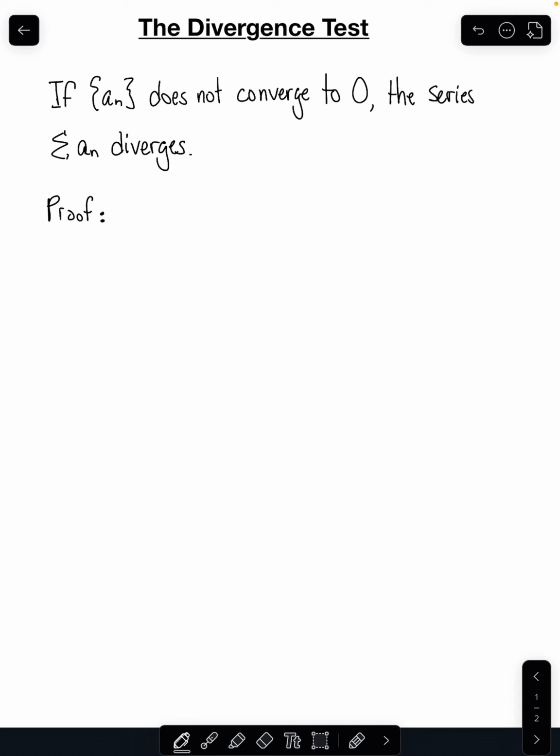That is to say, we would take the conclusion part of this, that the series diverges, and we would say, if the series does not diverge, which is to say that it converges,